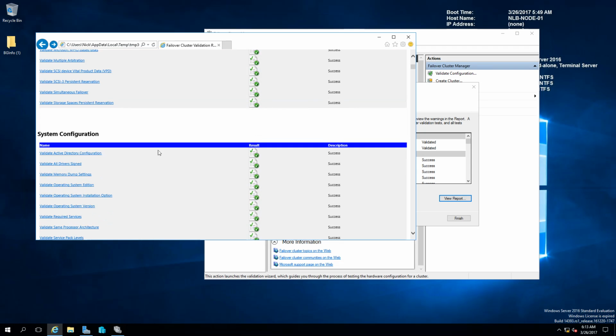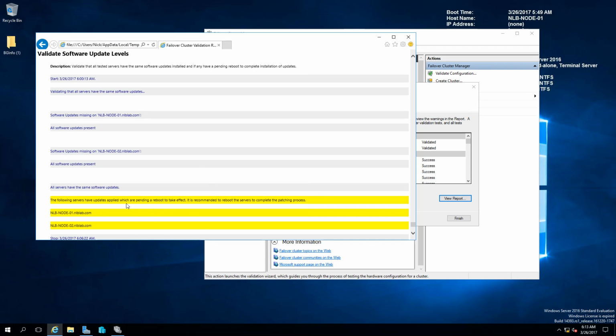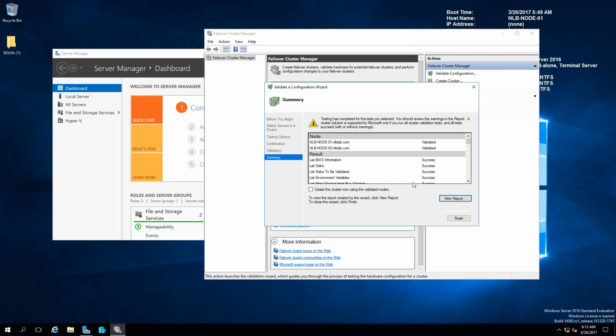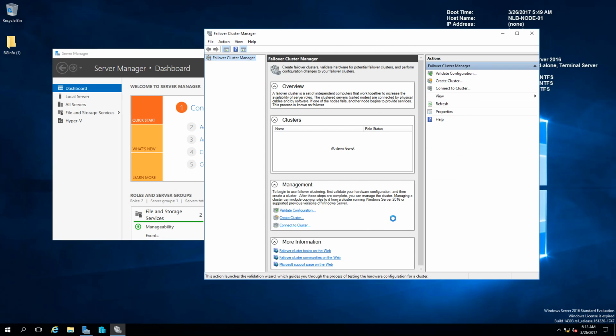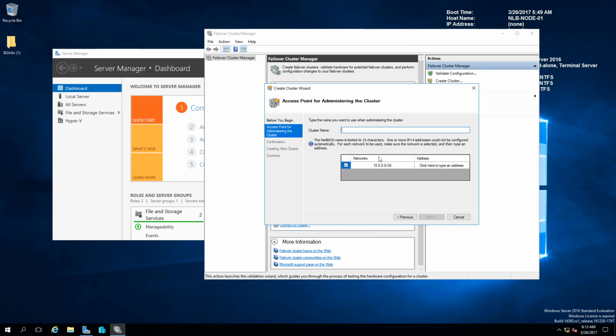The other thing that is giving me a warning is that there are some updates that are pending, and a reboot is needed to finish. But this is not something that I'm concerned about at the moment, so I'm going to select the option to create the cluster, and I'm going to click finish, which is going to start the create cluster wizard, and I'm going to create my cluster, which is going to be NLB